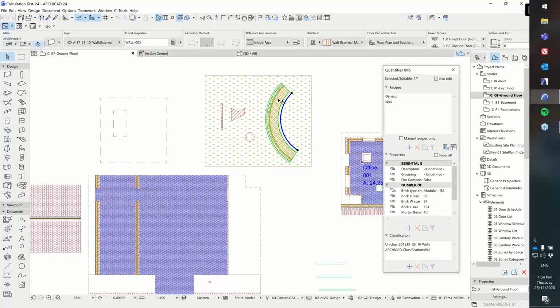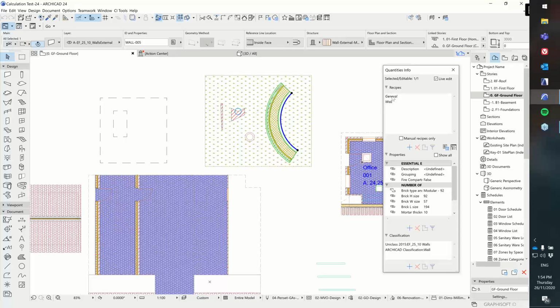So these are just the classifications and properties that are built into the wall element, but using these as a way of going through your model and finding the pieces that you want to apply your quantities to can be very helpful. And a lot of these refer to the things that you are going to be measuring. So showing those as you're working with quantities makes a lot of sense. So with general and wall at the moment automatically showing, we can probably guess that general is a set of